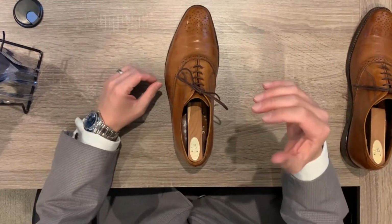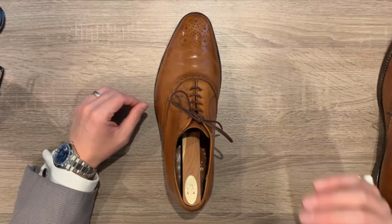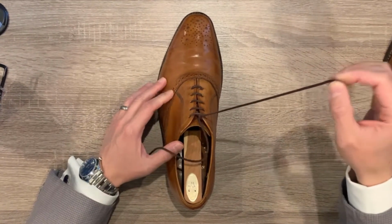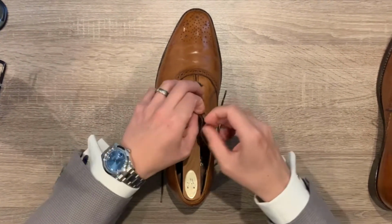Alright, so let's go ahead and get started, and I'll show you how to tie these two knots. Alright everyone, so let's go ahead and start with the Parisian knot. What we're going to do here is just undo this old swoop, loop, and pull knot, and